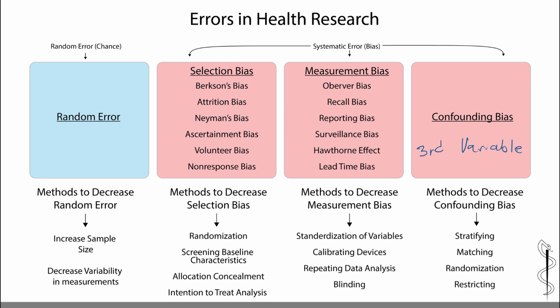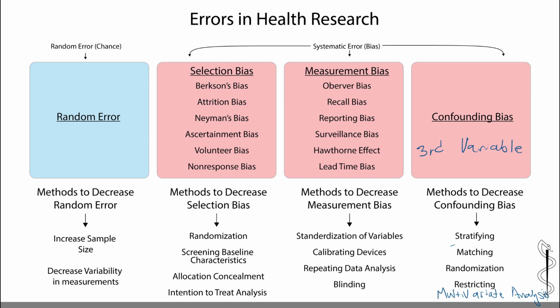Remember, in selection and measurement bias, there aren't really that many statistical tests that you can do to remove the bias once the data has been collected. The main way to avoid these kinds of bias is to ensure that the study data and study sample are obtained in a way which minimizes the risk of bias. But once the data has been collected, there isn't much you can do. Well, when it comes to confounding, there are several statistical techniques which can identify potential sources of bias and even